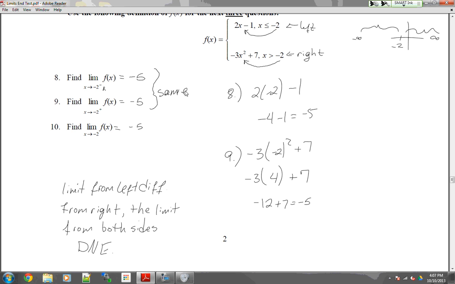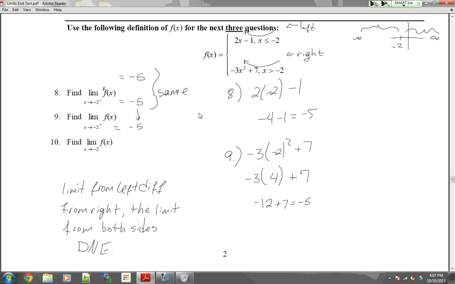All right, so that also means that this function up here is also continuous at negative 2. All right, since the limit equals the same thing from both sides, that means that this function is also continuous at x equals negative 2. All right,